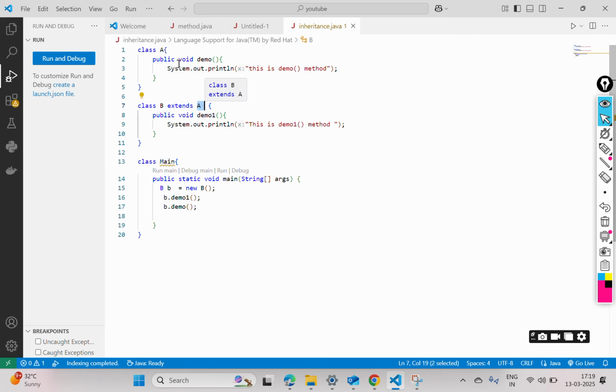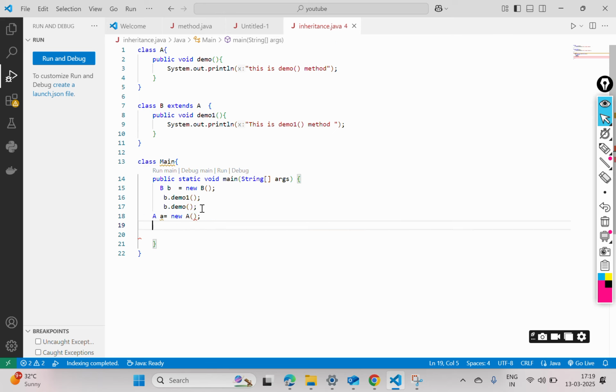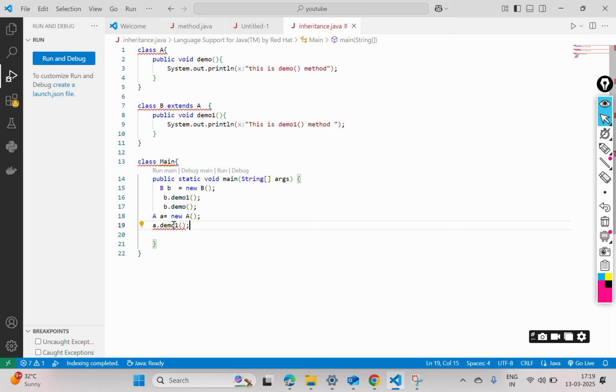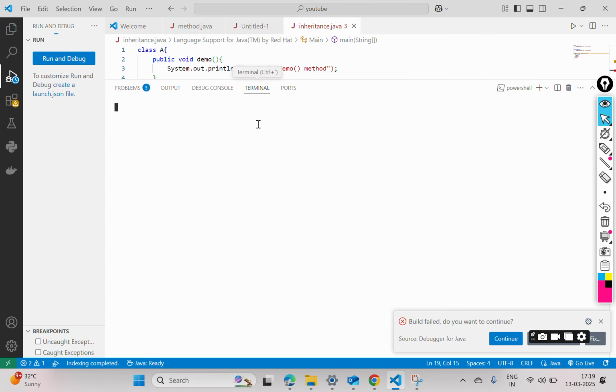But if I create an object for class A, new A, and using the class A object I try to call demo one, which is present inside class B, let me run it. Because no inheritance occurred in class A, but inheritance occurred in class B, it will throw an error.